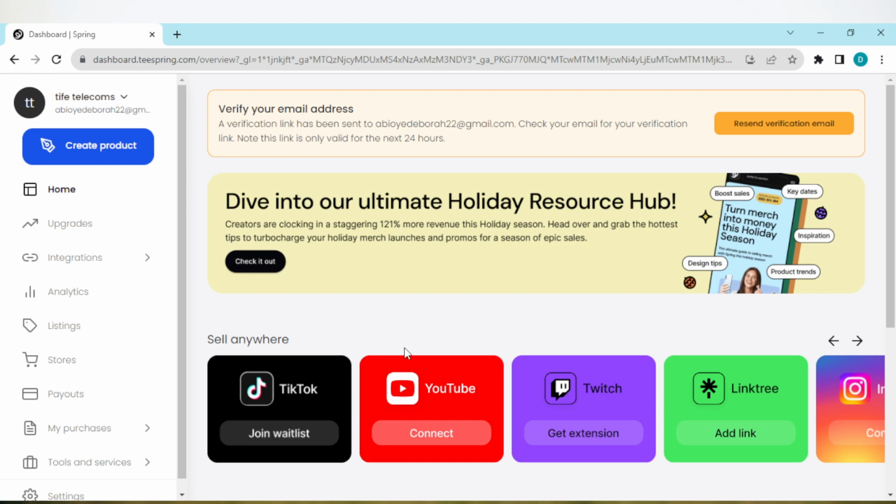In this tutorial, I'll be showing you how you can change your address on Teespring. How do you do this? The first thing to do is to log in to your Teespring account, and then once you're logged in,